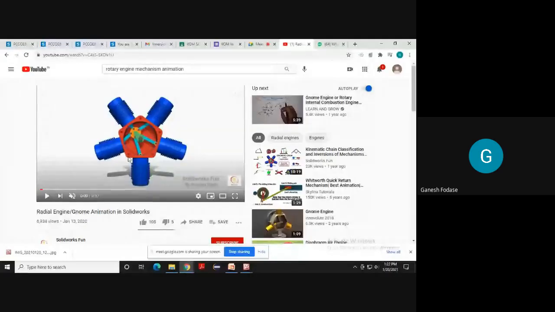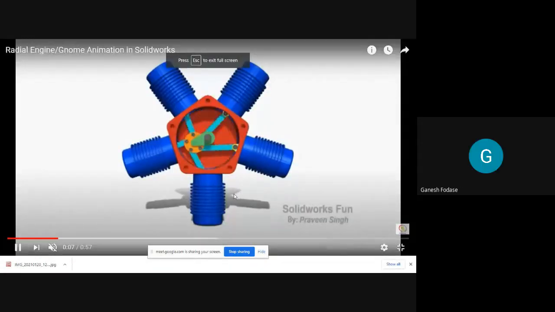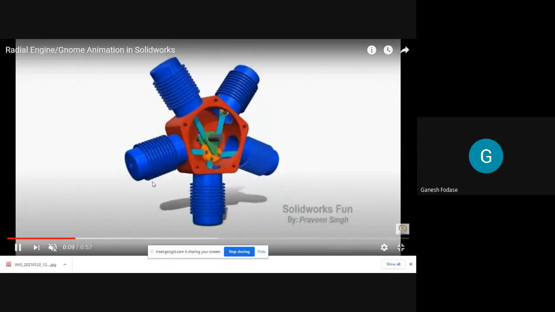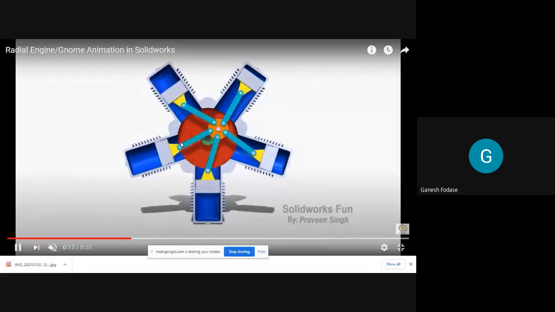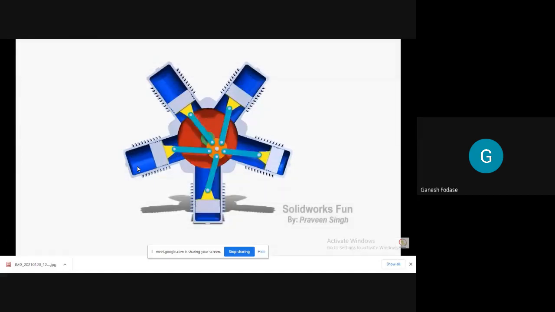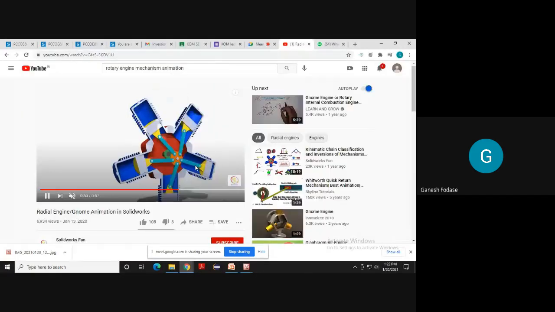I showed you on the slides, the rotary engine is also an application of the single slider crank chain, second inversion. Is this YouTube video visible to you? Yes, sir. This is the gnome engine. Actually, the things happen inside this. One more video was with me, but I can't find it now. Okay, you can understand this. In this case, this link is fixed. The shortest link is fixed, while we are getting pressure from this cylinder end, and all these are rotating. So you can remember this is one more example of the second inversion of a single slider crank chain.